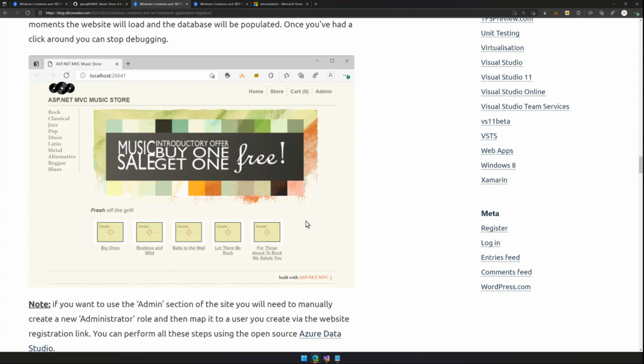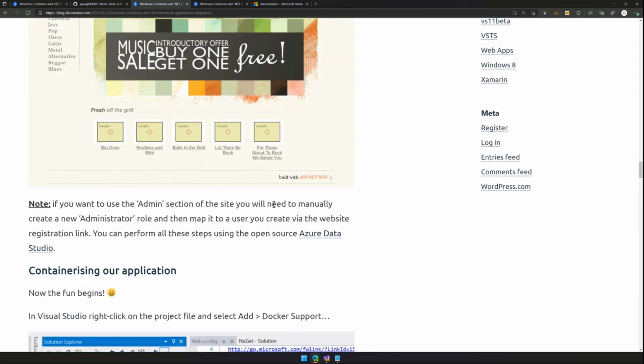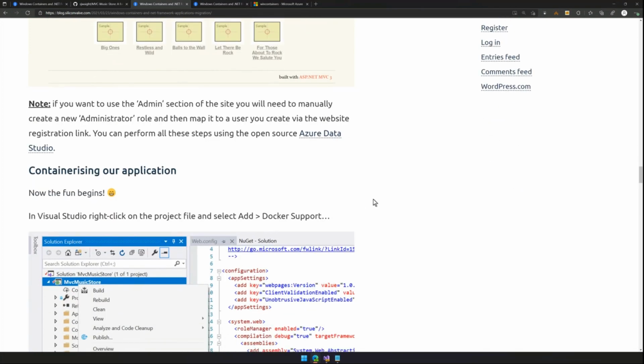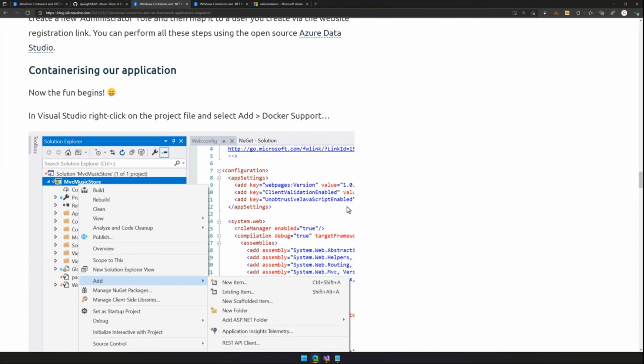This version of the app, the admin section, doesn't work without you making some manual changes to the database, but that's secondary. That's not a result of moving the app. That's just because of the way the admin tooling for this release of ASP.NET Framework doesn't work anymore. So you basically need to go into the back end and manually make some changes to the database. And once you've done that, you can log into the back end and add new databases. All right, so now we've got a working app, which is pretty cool.